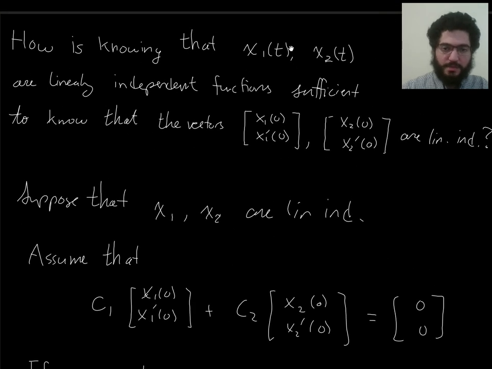It's actually not necessarily sufficient. This is not true. It's not sufficient just knowing that these two are linearly independent to know that these column vectors are linearly independent. But if we're talking about solutions to a second-order linear differential equation that's homogeneous, then it might be. So